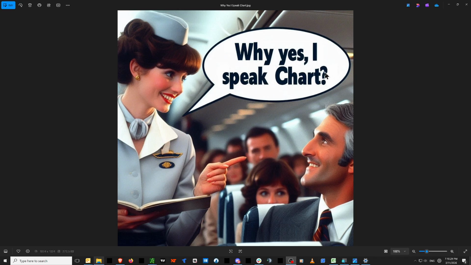Except that's supposed to be an exclamation mark. Anyway, yes, I speak chart. We're going to talk about fan lines and charting tonight and how all that works out. Time permitting, we'll talk about measured move and how to set it up, the fact that there are measured moves inside of measured moves, and all those different things. We'll be looking at a lot of stuff there. It all depends on time.